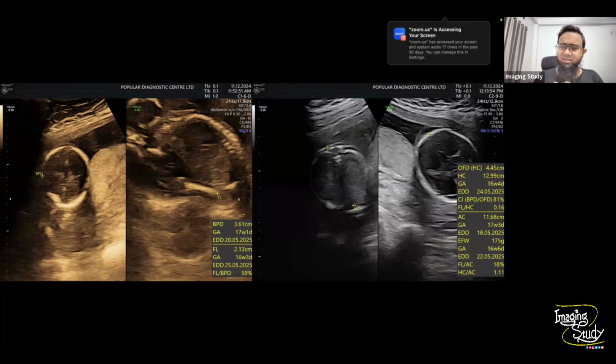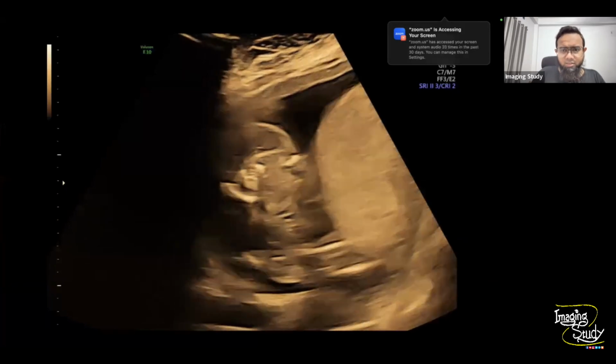But this patient was sent to me at 17 weeks of gestation. So that was a little bit earlier. The patient was sent because there were some congenital anomalies found in the regular pregnancy scan. So the clinician sent me to ensure whether this patient can survive or not. So let's see what other findings we have got here. Let's look at the fetal